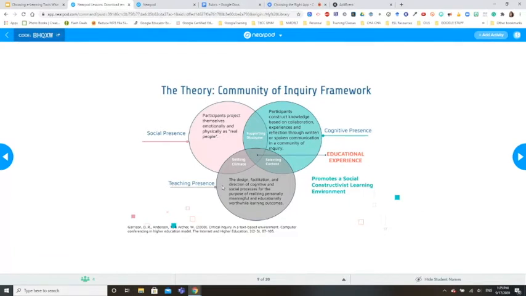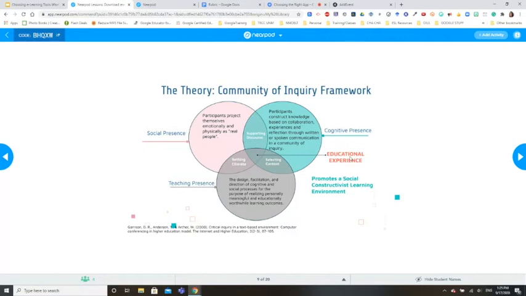And lastly, we have the teaching presence, which is about how teachers and instructors design, facilitate, and organize the content. So the social presence and the cognitive presence work together to have a positive outcome, which is a great, meaningful learning experience. So all of this, as you see, connects and has these areas. And at the end, they work together. And like I mentioned, the goal is to create an exceptional educational experience in a blended and online learning